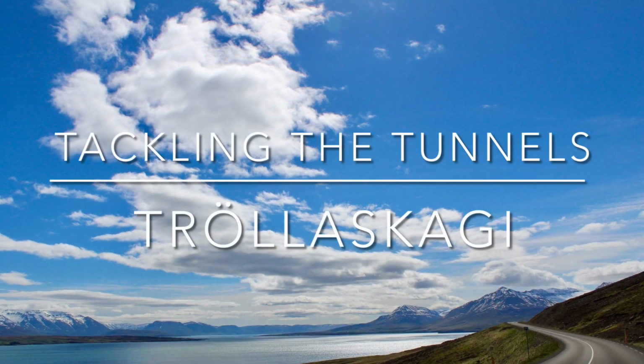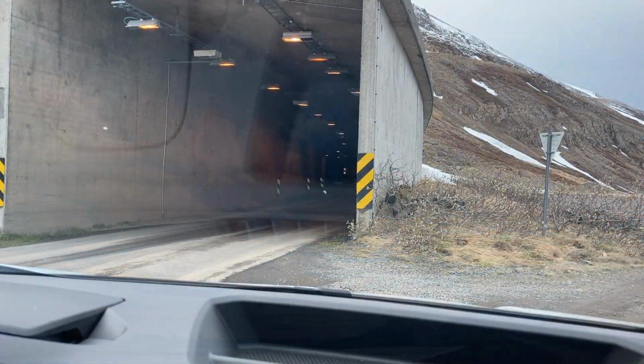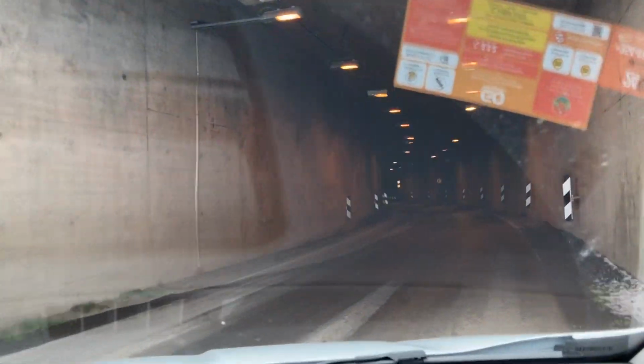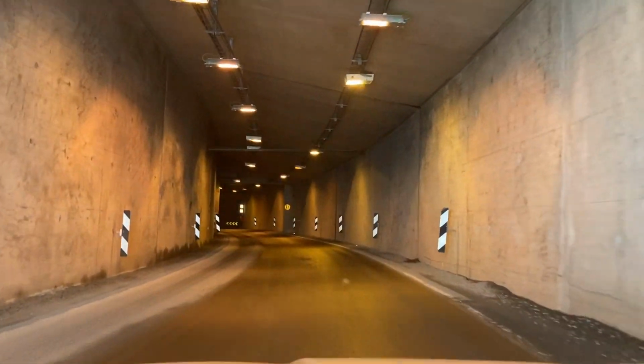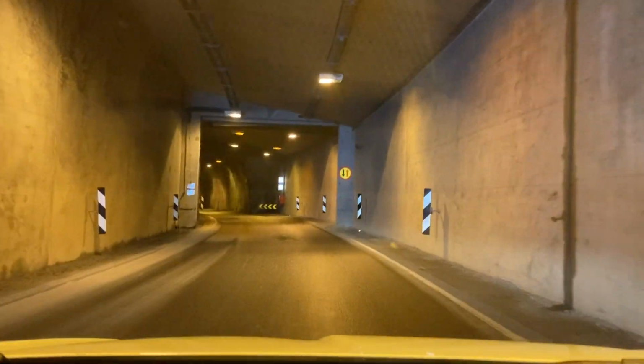If you are planning a road trip around Iceland, you might have heard a few things about single-lane tunnels and bridges. Don't worry, they're perfectly safe and easy to use so long as you're prepared. Here's what it looks like when you take a trip through one of the single-lane tunnels on the Tröllaskagi peninsula